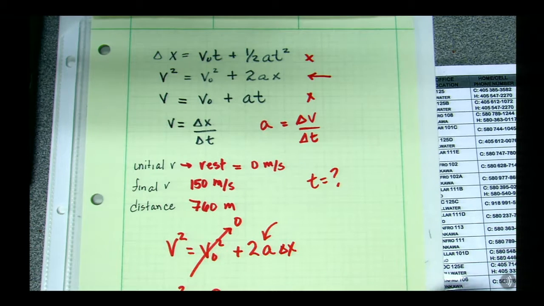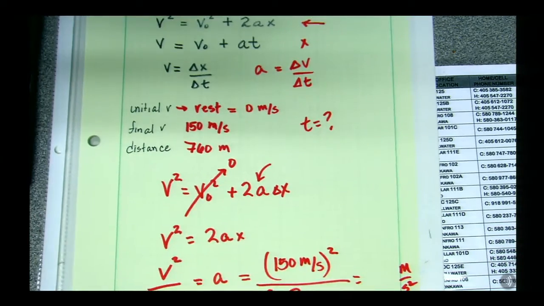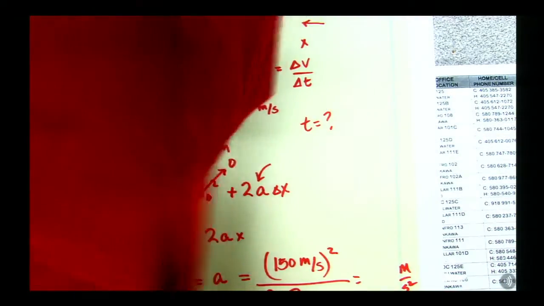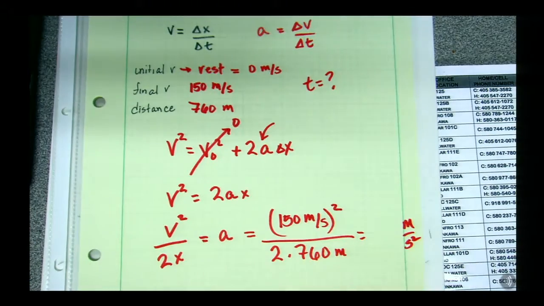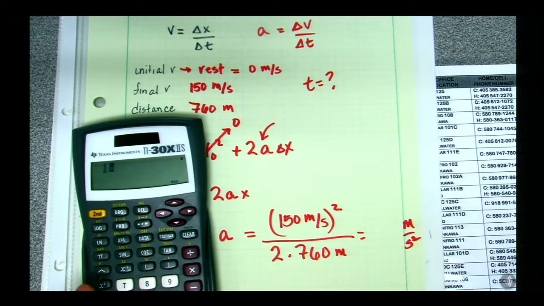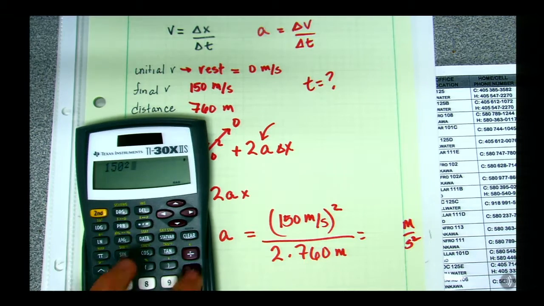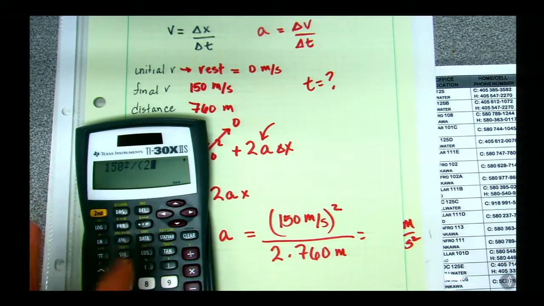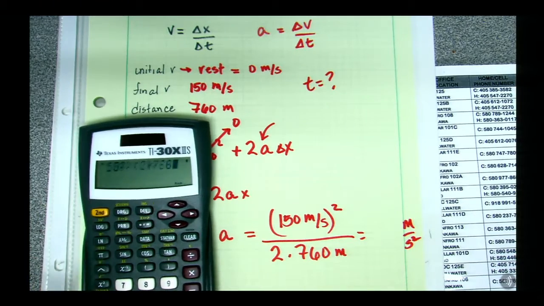Meters per second squared. And if I plug that into the calculator, I get 150 squared divided by 2 times 760. I get